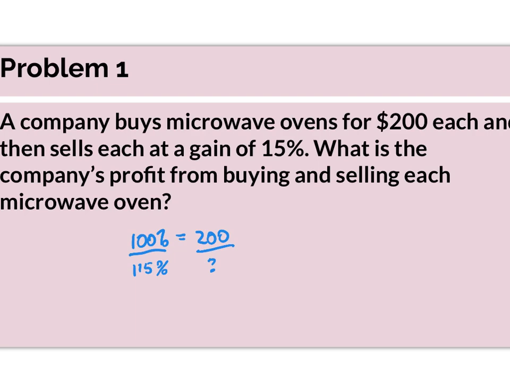So what you're going to do is cross multiply. 100% is just 1. 100 divided by 100 is 1. So some number equals 200 times 115%, or 1.15 times 200 equals